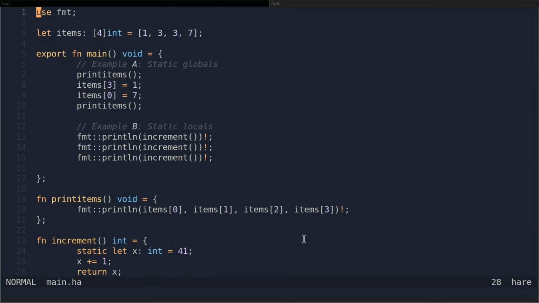Okay, so I've broken this program down into, let's look at examples A and B, and then we will look at the applied usage. So for our first, this is a static global. By default, global values are static. Okay, so here what's happening, we are printing our items, and you can see in the print items function here,